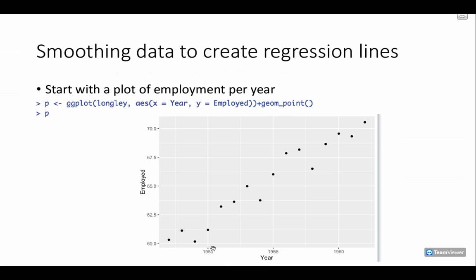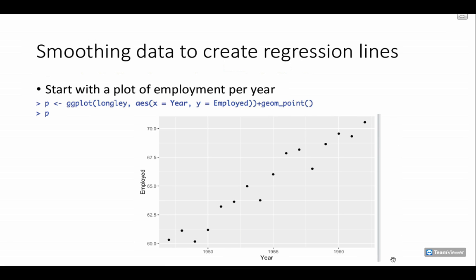We are plotting the trend of employed in these particular years, and there looks like a clear increasing employed percentage